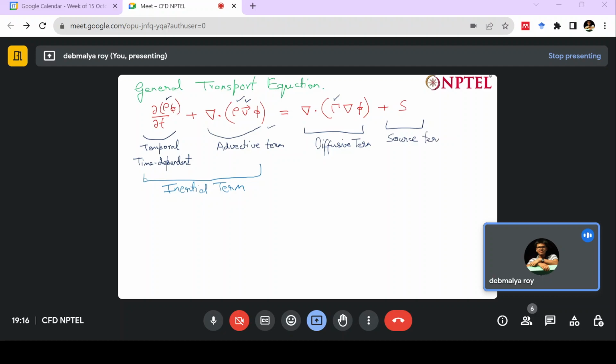So if you are solving Navier-Stokes, the source term will include the gradient of pressure, so minus grad P will be included. If you are solving some heat equation, then it might include some thermal energy source. So these are the different terms of this equation, and we have seen how to solve these equations one by